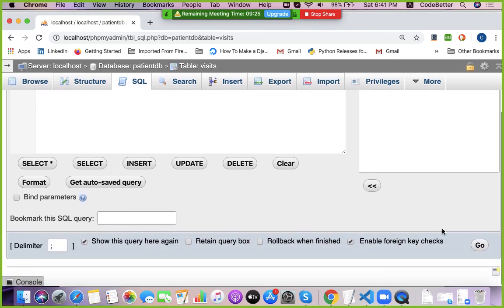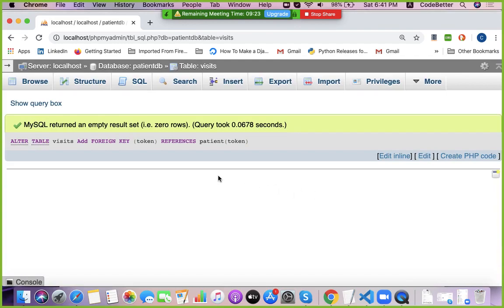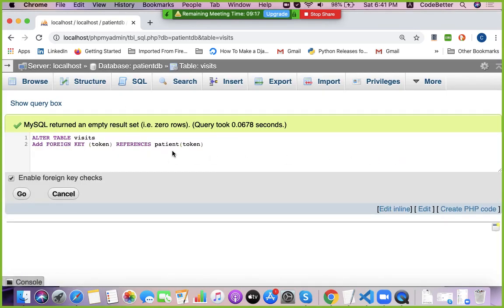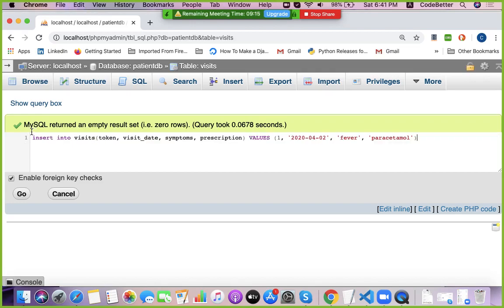If we add this rule, then we cannot insert a token whose value is not in the patient table.